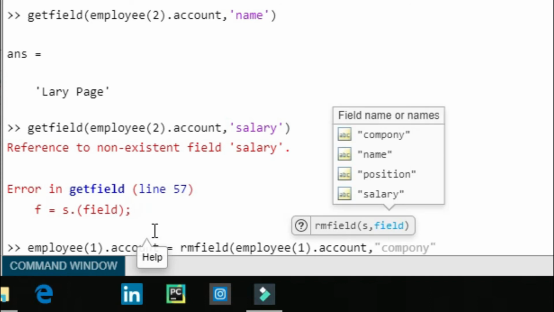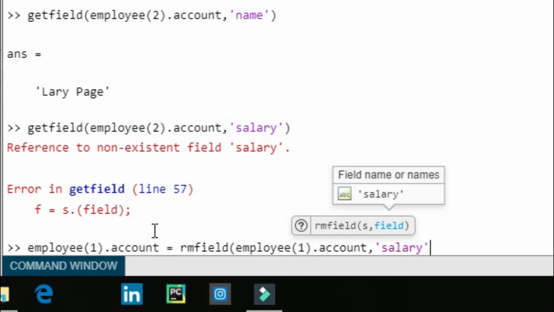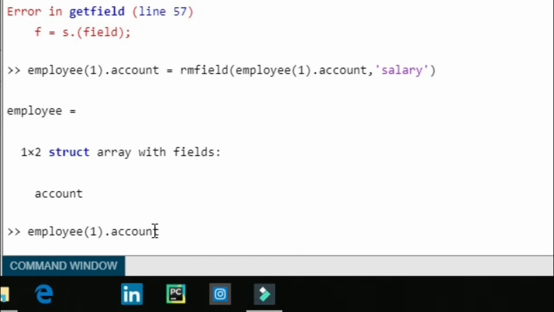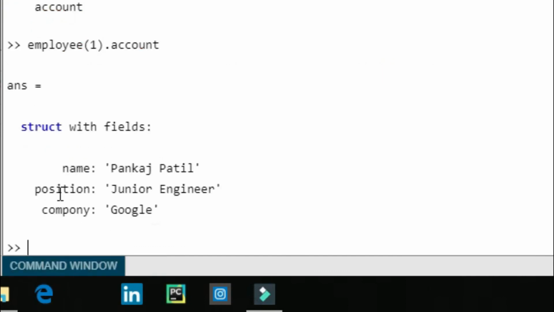We are trying to remove salary, because we had given salary here. So this removes salary. Now let's check whether it is removed or not. employee(1).account, enter. So we removed the salary field from that struct by using the rmfield function.